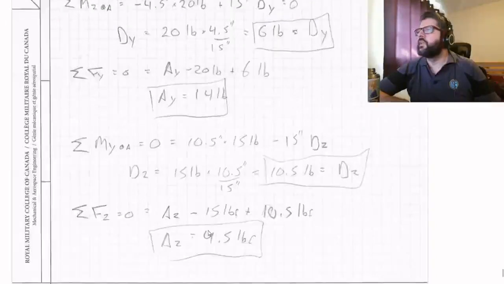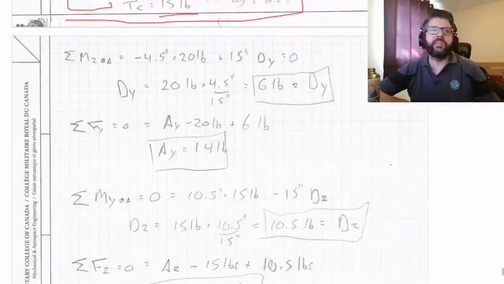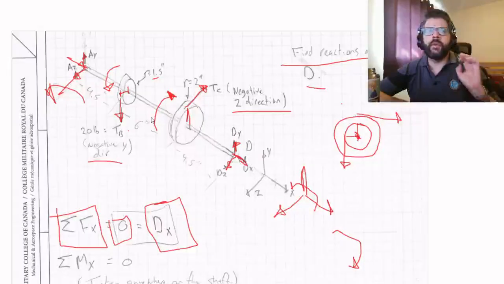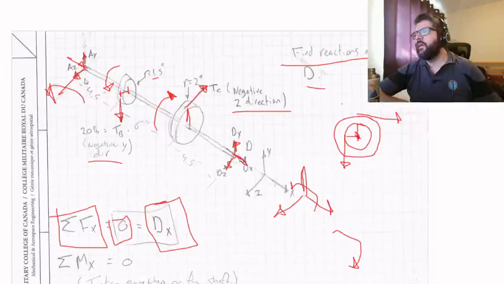So we got our TC. Next thing we want to be doing is basically just taking the moment about the z-axis, and I'm going to be doing that at A. So if we're looking at that, that's the moment about this axis here. So if we're taking the moment about that axis at this point,